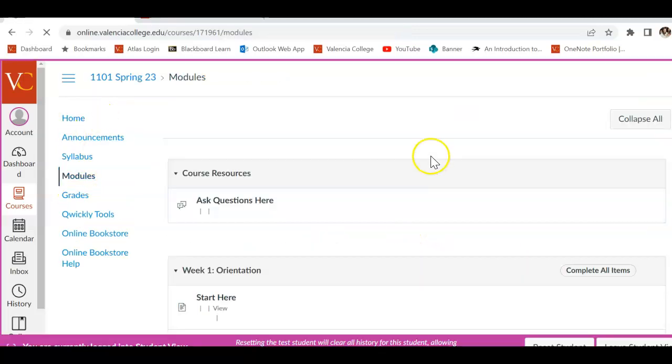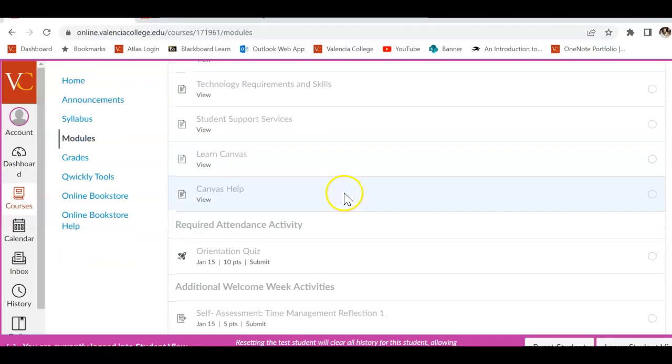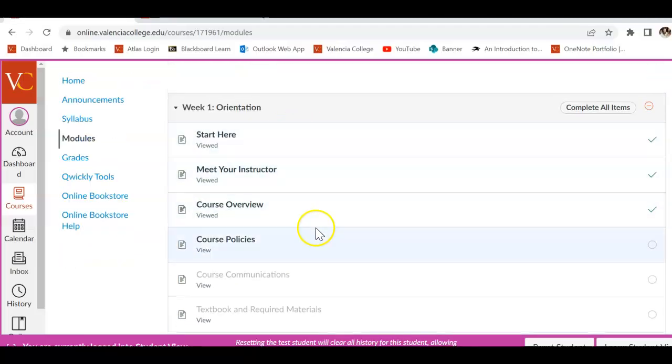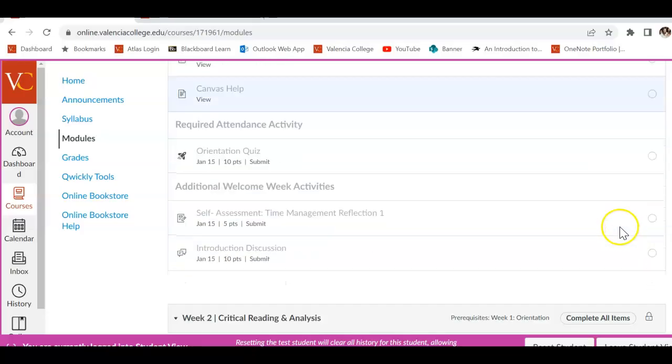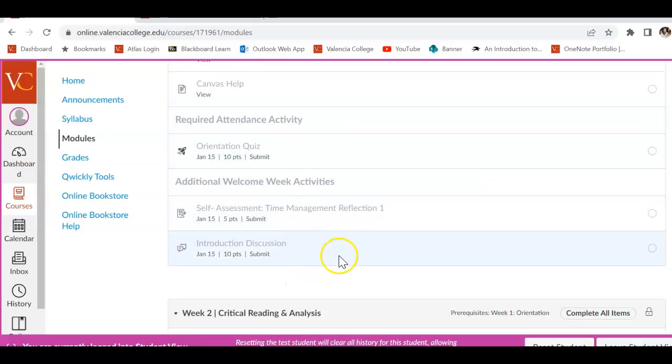So let's go back to the modules very quickly. Now you can see here where you've got access to more things. A check mark shows up that you have, in fact, looked at the page. You will continue to do that. You'll go through reading each page, and then you will get to the assignments for the week for this week 1 module. You'll notice that all assignments for this first week are due on January 15th, which is the Sunday